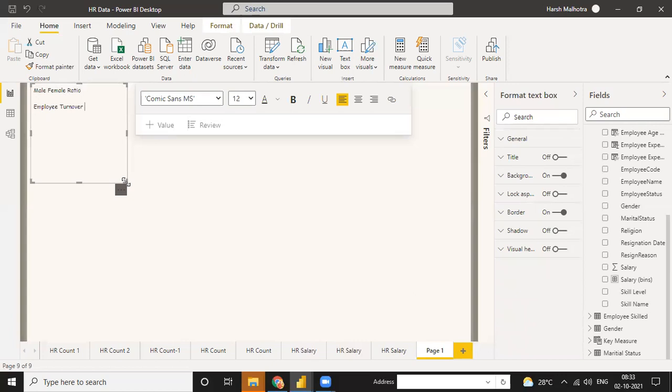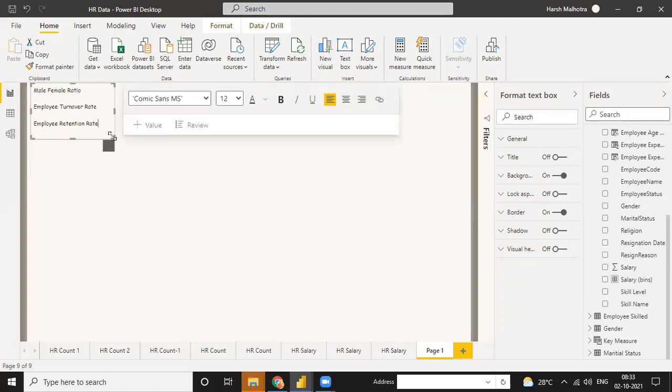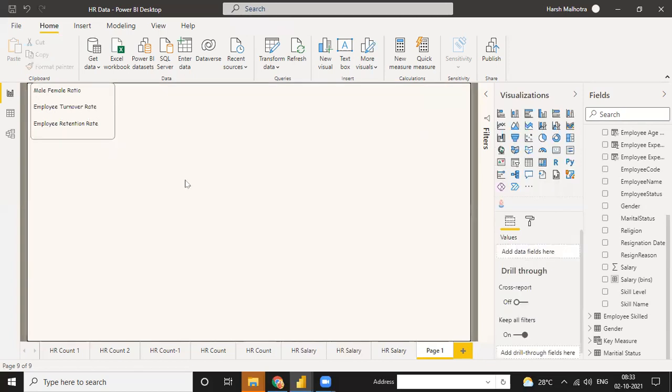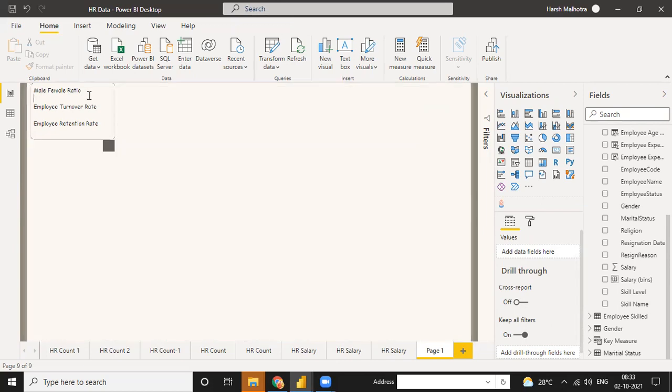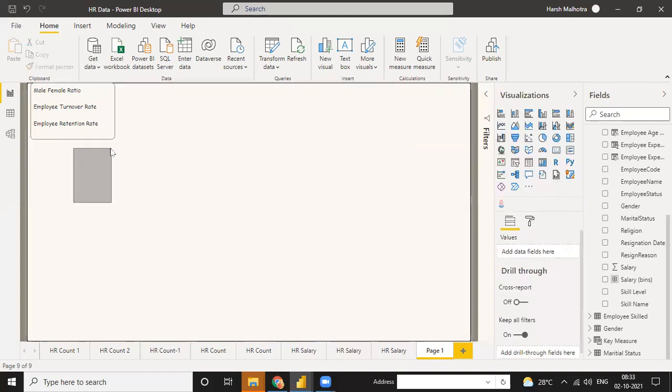Turnover ratio, you can use turnover rate, or employee retention rate. Okay, so these three are very important for analyzing the salary and HR part. Because in the HR part, the first one is count, the second one is salary, and the third one is the analyzing part: male to female ratio, employee turnover, employee retention. These three ratios are very important.